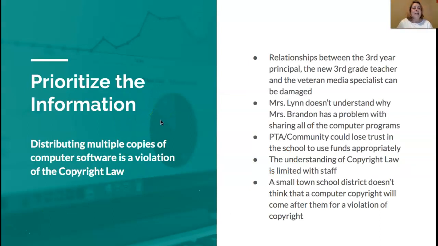So to prioritize the information for the principal when he's balancing out his options, he needs to consider the relationships that he has built with his staff, the relationships between the teachers and the media specialists, new hires versus veteran teachers. And we also need to consider the PTA and the community of the fundraising, and if